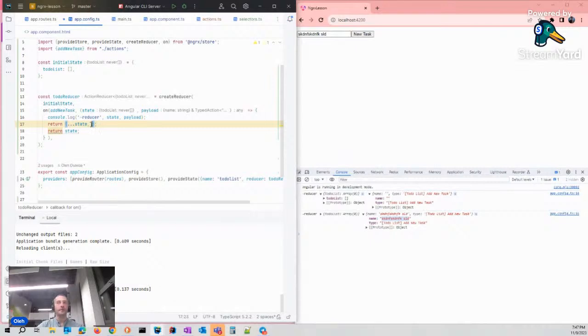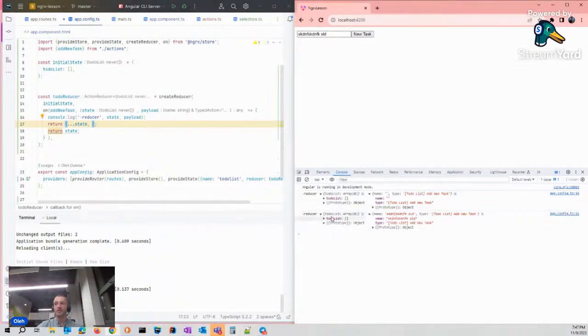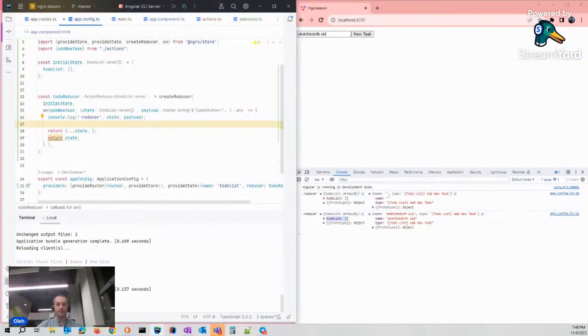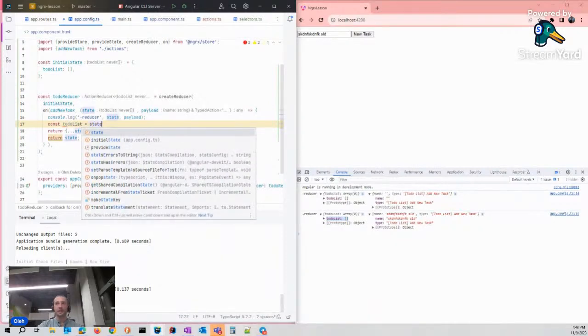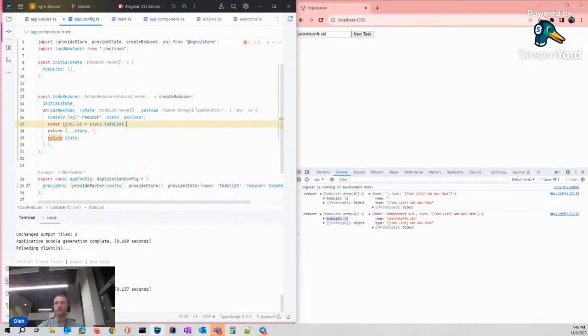We have to copy everything that is here already and add something new. Sorry. We have to modify our to-do list array, the to-do list from our state.